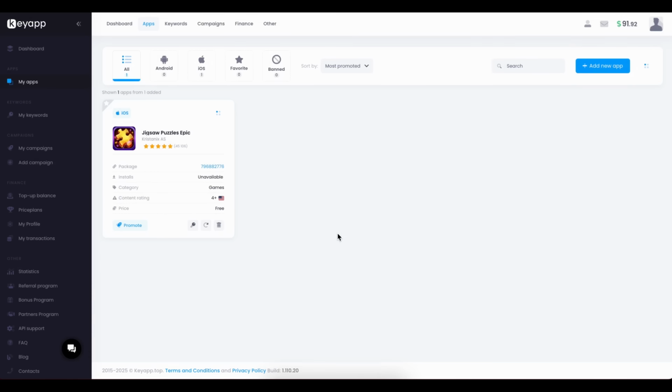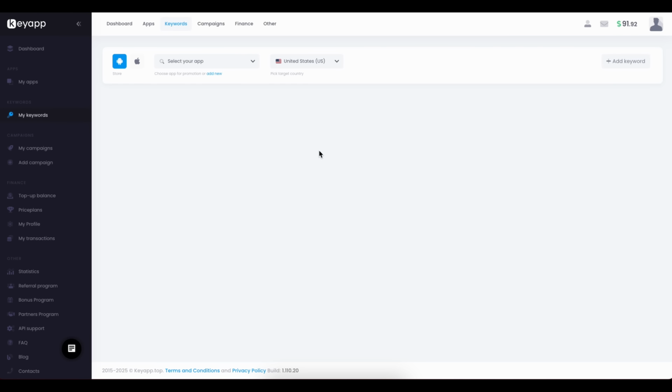In such a way, you can add an unlimited number of apps to one account, as we do not have any limitations. And the next section you must go to, in case you are going to analyze the keywords, App Store optimization, search list, competitors, or in case you are going to use the platform only for keyword promotion, is of course this section called My Keywords. Here you may see a typical block on our platform where you need to select the store, the application, and the country you are going to work with, and at this stage you can proceed to adding keywords